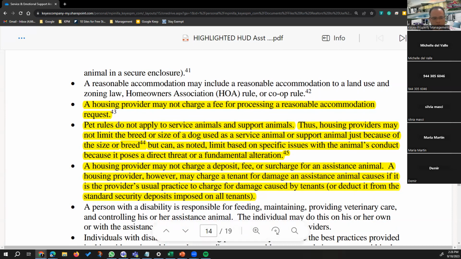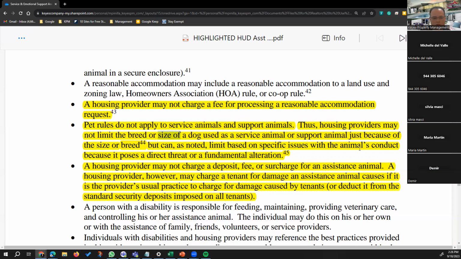Pet rules, again, do not apply to service animals and support animals. Thus, housing providers may not limit the breed or the size of the dog or the support animal because of the size or breed. But it can, as noted, limit based on specific issues with the animal's conduct. If the dog bites somebody,